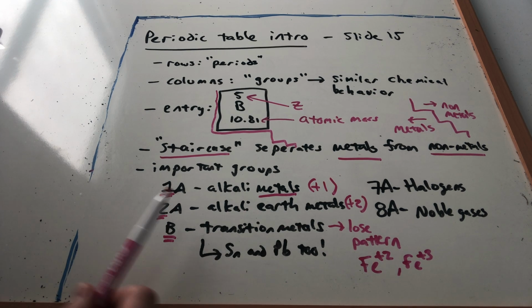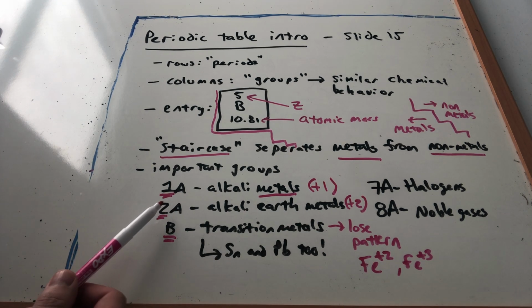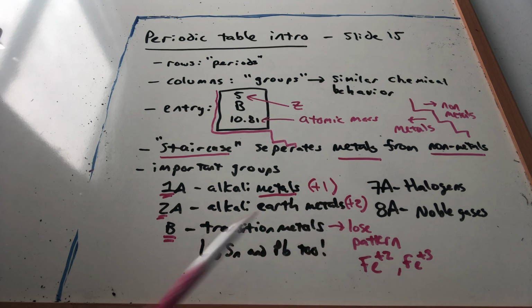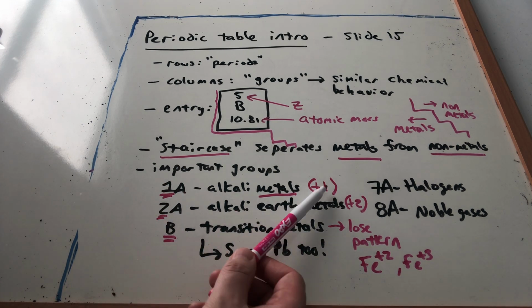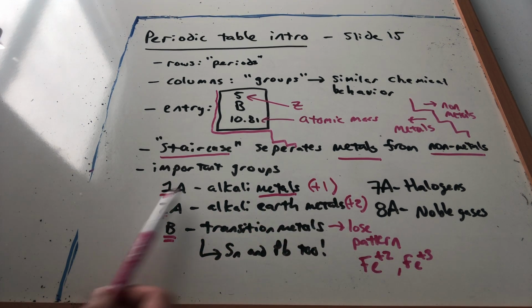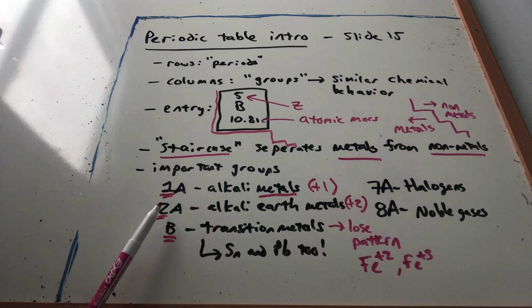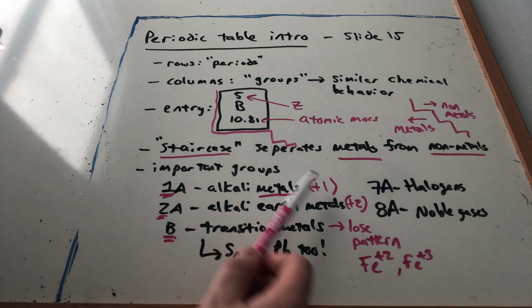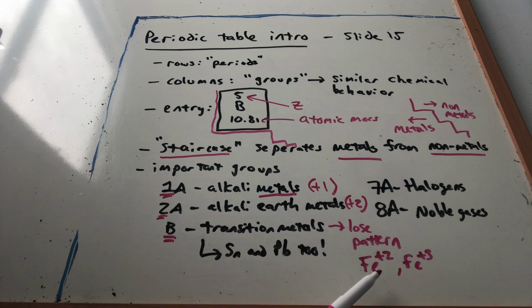So just to recap, the nice thing about groups 1 and 2 is, yep, they're metals, they form positive charges, but you know their charges. Anything in group 1 is always +1. Anything in group 2 is always +2. But whenever you hit this transition metal block, this B block, there's no pattern there. And in fact, one species can have different charges. So we're actually going to need to put more information into our names when we get to nomenclature to actually